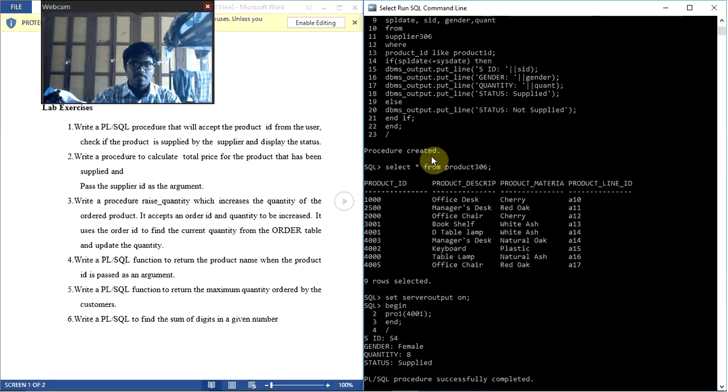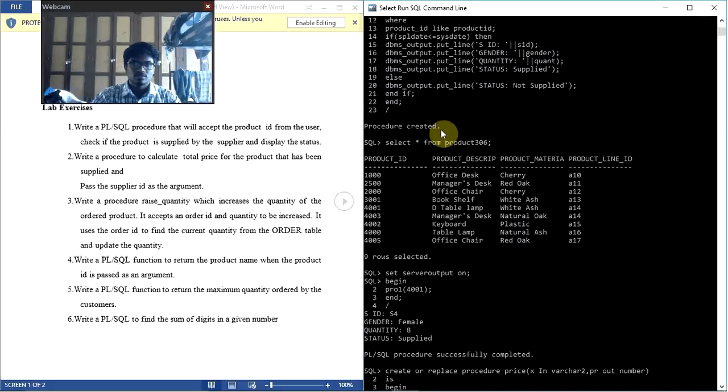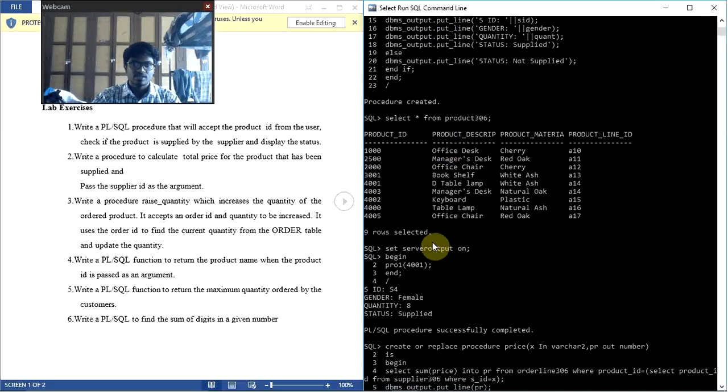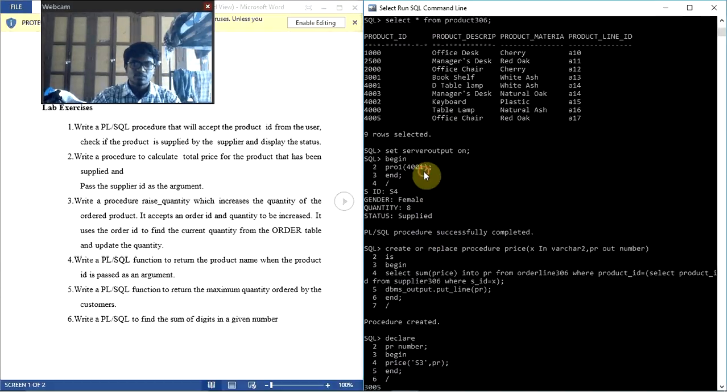it will show not supplied. The procedure is created, and you can see, beginning with procedure 4001, it shows supplied by the ID, gender, quantity and everything. So this first question is explained, and the second question is to calculate the total price for the product that has